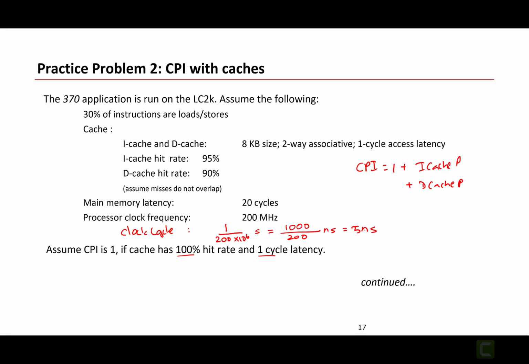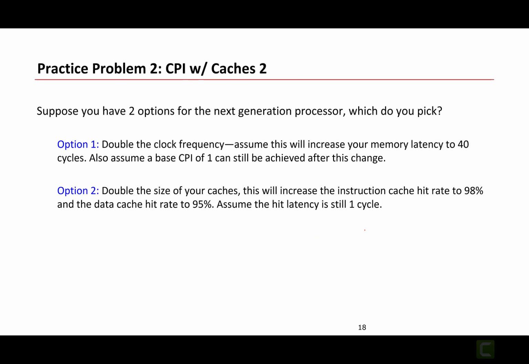Okay, so we have some information on our hand. So let's go and look at what the problem asks us to do. So it asks us to consider 2 different changes to the hardware and reason about which one will get higher performance. So to compute that, we are going to compute the CPI of each of these options. So the CPI of option 1 is again going to be 1 plus instruction cache penalty. So in this case, we are asked to double the clock frequency. So doubling the clock frequency is not going to change the fact that you need to access the cache for every cycle, every instruction, because